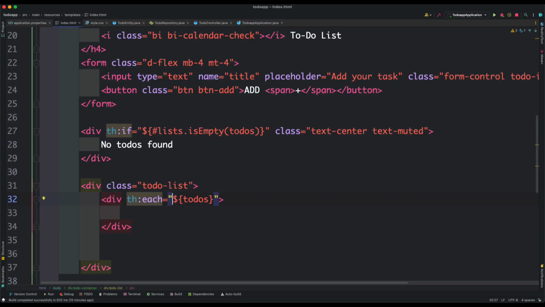And next, each time we iterate over this to-dos list, we get a single to-do object, and we're going to store that in a temporary variable called to-do. Using this variable, we can access the various properties like title, completed, ID. Now I'm going to add a class which is to-do-item. This is also a custom class. Inside this, let's create a div with a class flex, align-items-center,